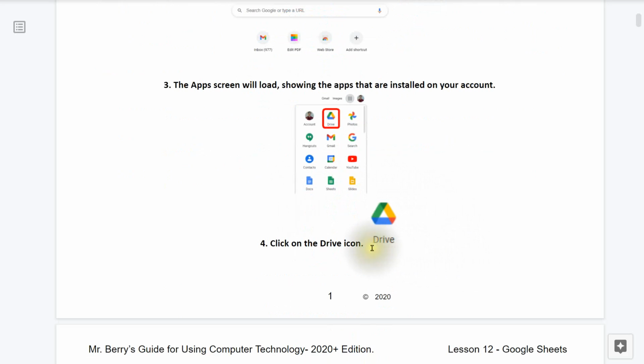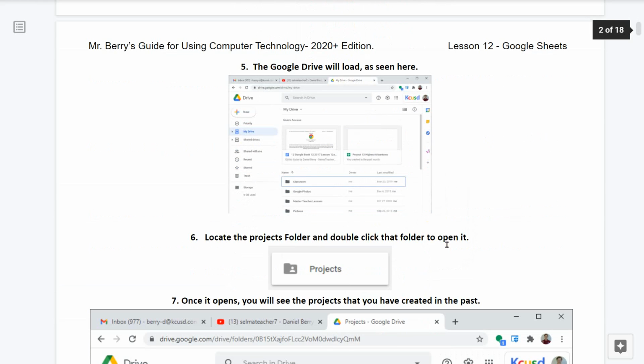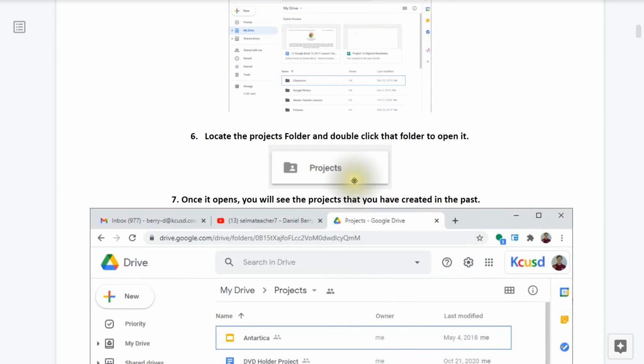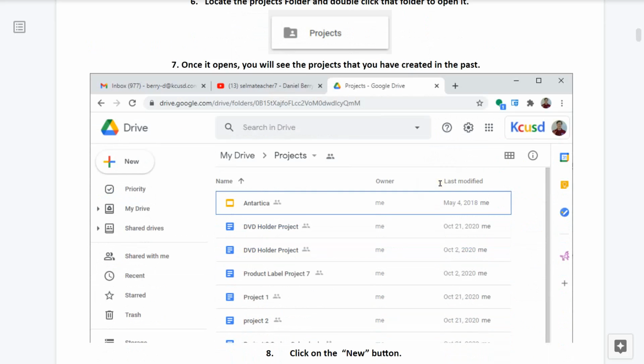Number 4, click on the Google Drive icon that appears like this. Number 5, the Google Drive will load as seen here. Number 6, locate the projects folder and double click it to open it. Number 7, once it opens, you will see the projects that you have created in the past, as seen here.